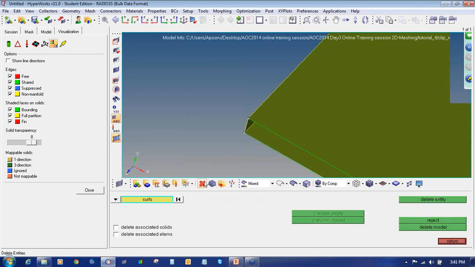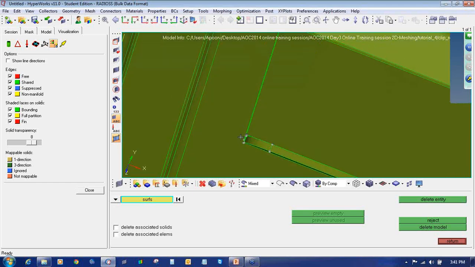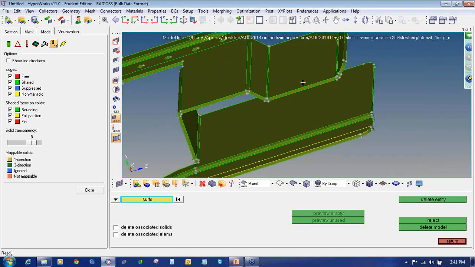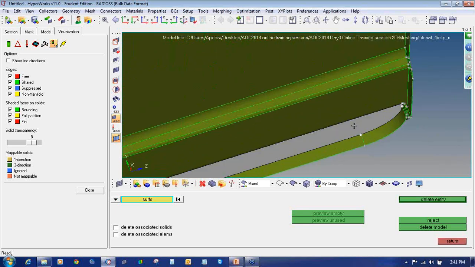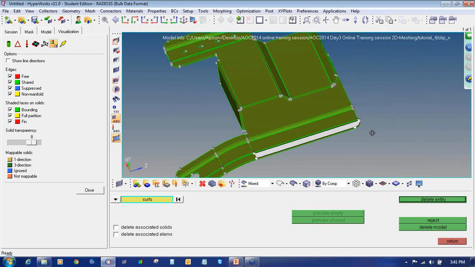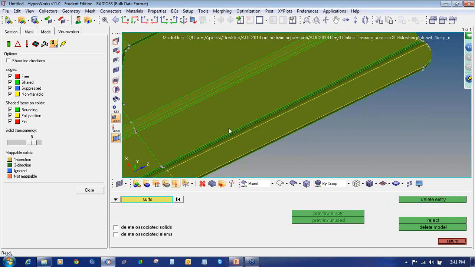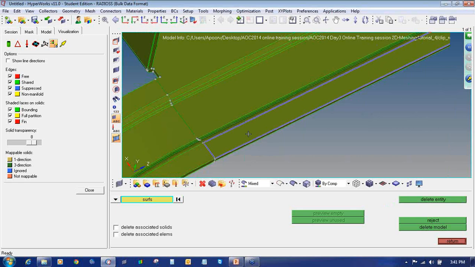So I will select the delete panel and just simply delete this. So once I delete, you can see if I click on unmask all, so this thing will get converted into green. You can see here. Similarly, this one, this is also a duplicate surface. That's why it's showing the yellow color edge. If I deselect, so you can see this is a yellow color edge.